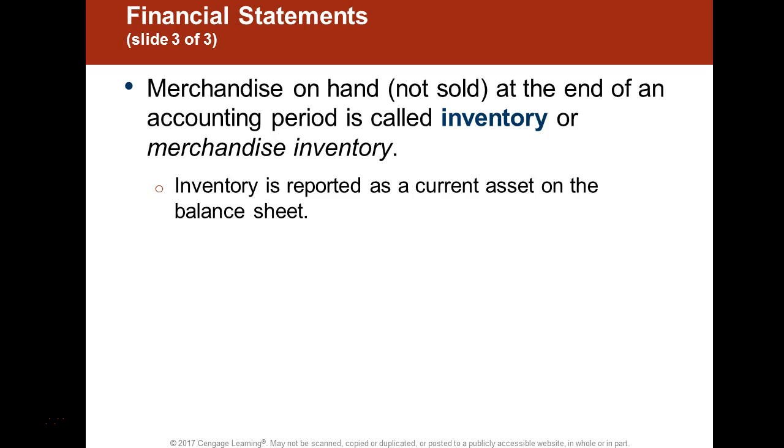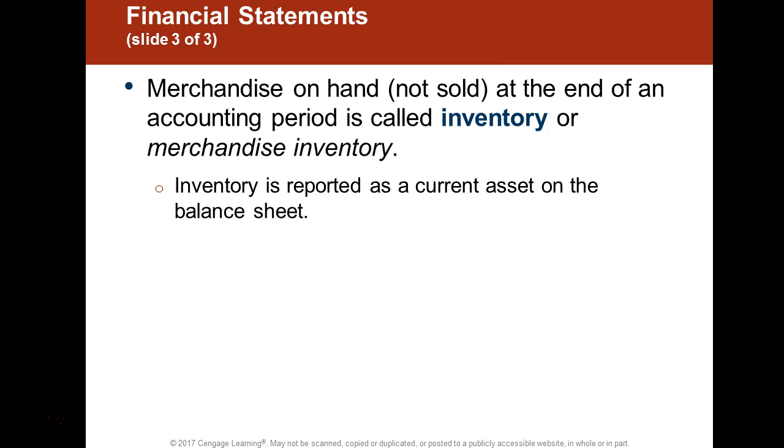Also, merchandise that's not sold is going to be called inventory. We know this. You buy a lot of inventory. Merchandise firms like Walmart, like Target, purchase a truckload of inventory. And in fact, if you were to look at their financial statements, you'll find that inventory could be millions of dollars at the end of an accounting period. It's quite a significant amount of their assets on their balance sheet. As a result of that, it's important to note the flow of inventory and how they cost that information is going to be critical, which we will definitely talk about in chapter 6.